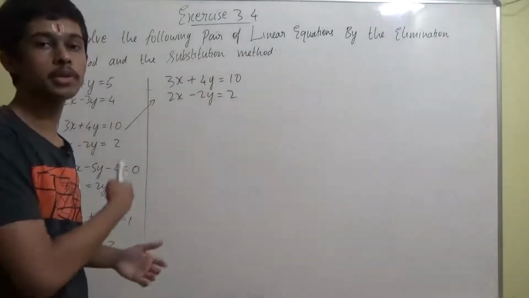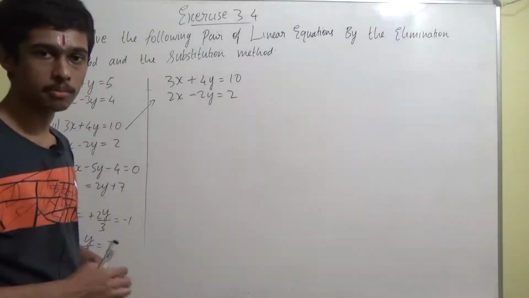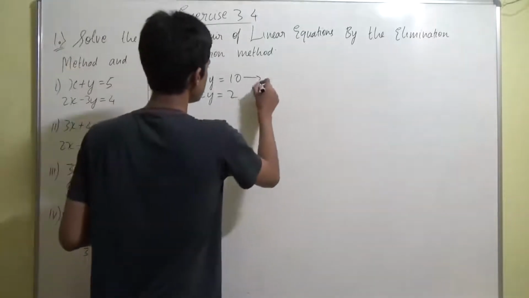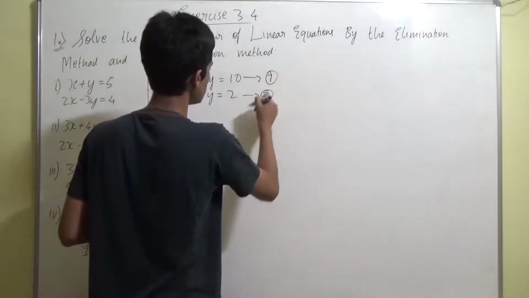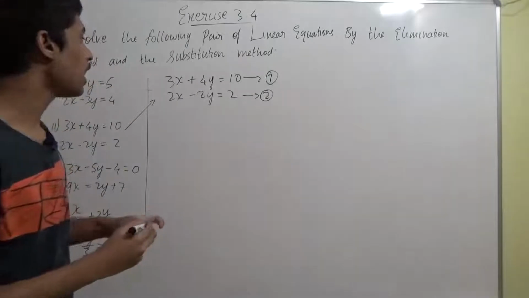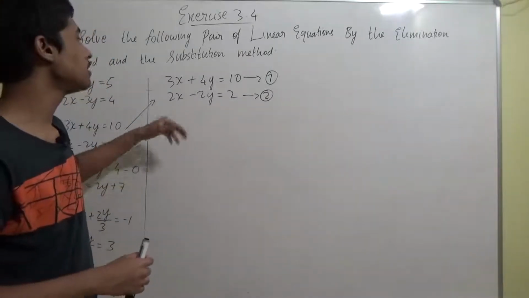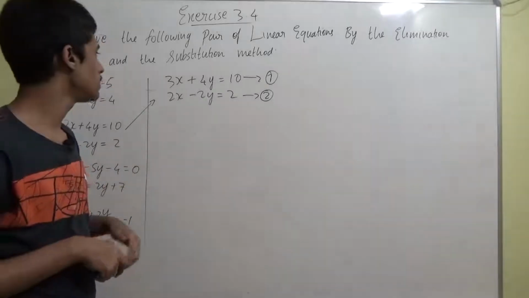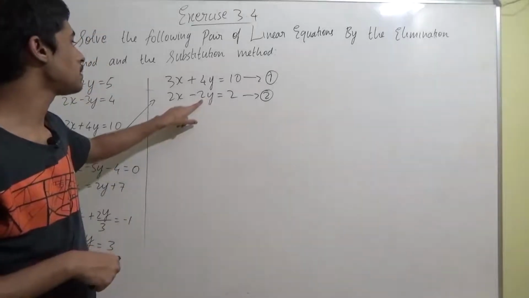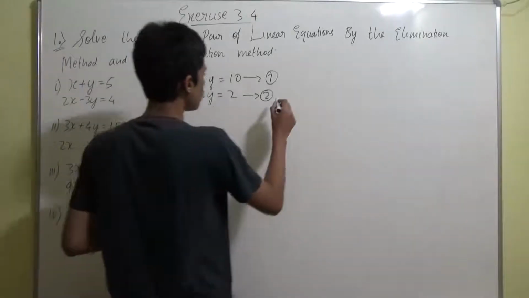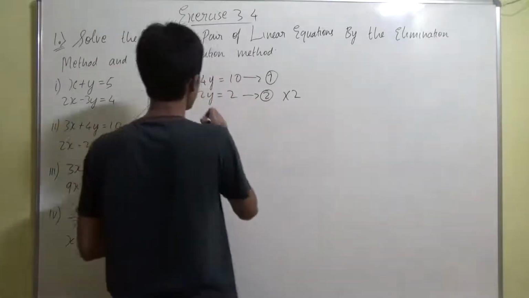That's what you are supposed to do in the elimination method, right? You want to cancel one variable, one term with that variable. So let's consider this as equation 1 and this as equation 2. This is the thing which you have to learn, guys. After seeing the equation itself, you should get to know what number to multiply by, so it will be easy for you to solve. If you multiply by 2, this will become 4y, right? Plus 4y and minus 4y will get cancelled. So it is obvious that you have to multiply equation 2 by 2.